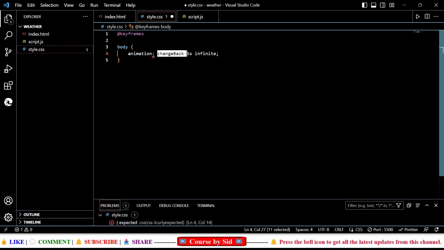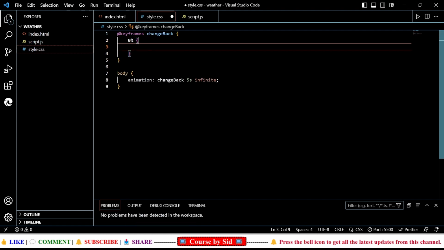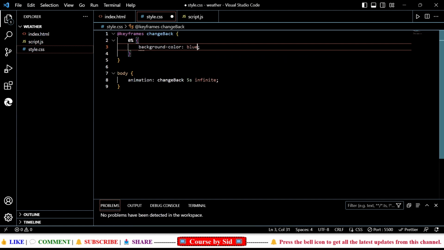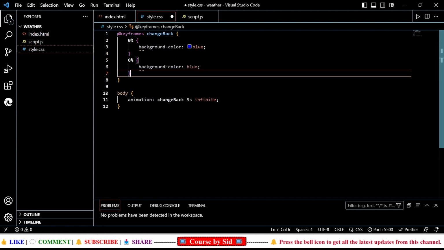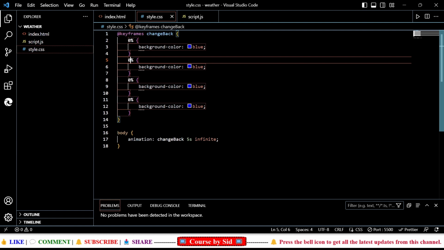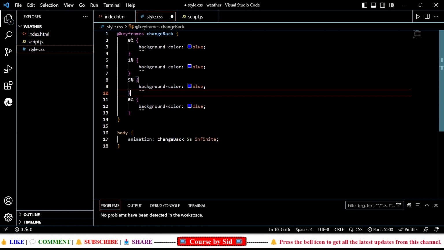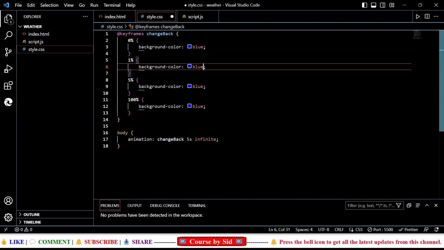right, whatever name we have given over here. So I'm going to copy and then here after the keyframes I'll paste this and then I'll open the curly braces, and at the 0% I'll define the background color will be blue, right, and then I'm going to copy paste this 3 more times, right. So just a second. Okay, and here instead of 0 I'll be writing 10% and then I'll be writing 50% and then after that I'll be writing 100%, right,